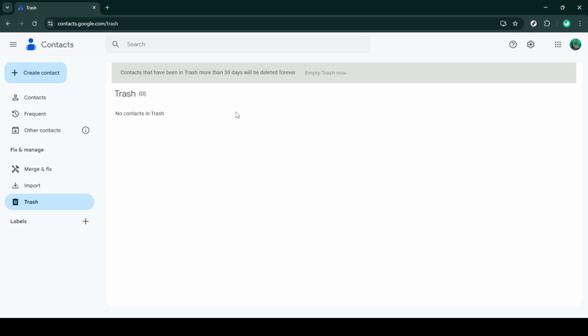By following these straightforward steps, you can easily manage and restore your deleted contacts, keeping your personal and professional connections